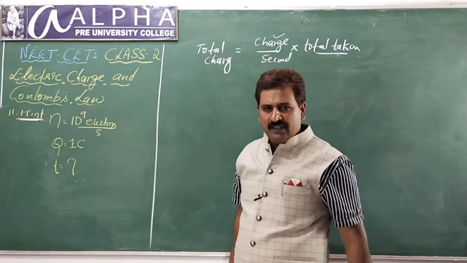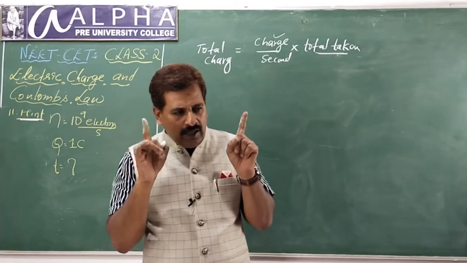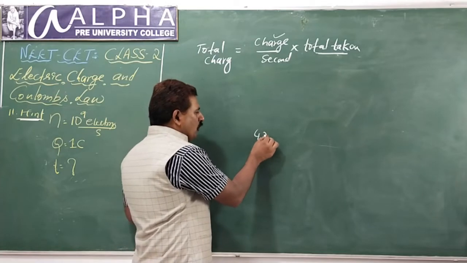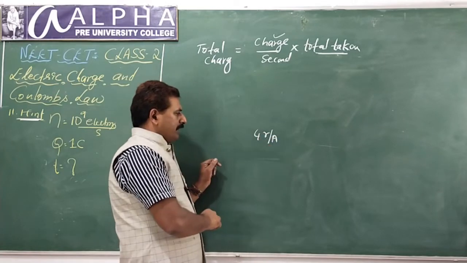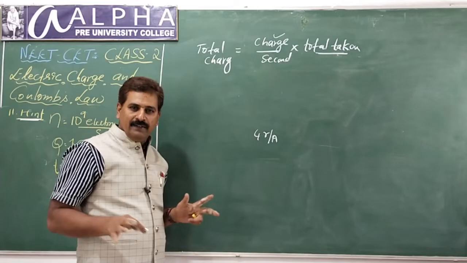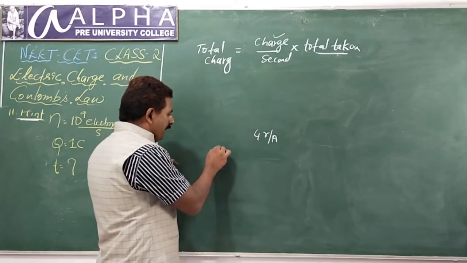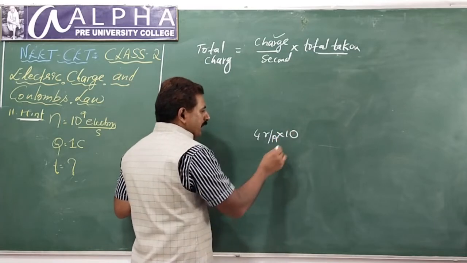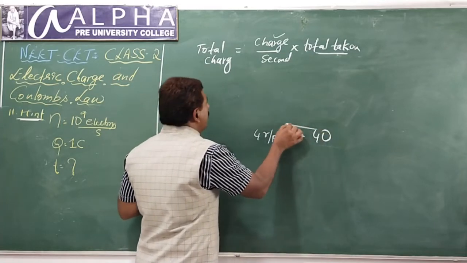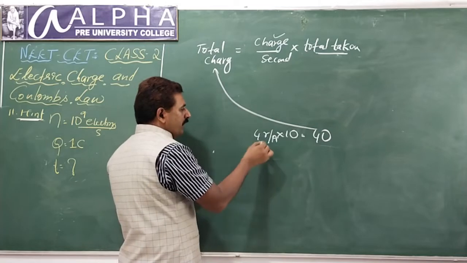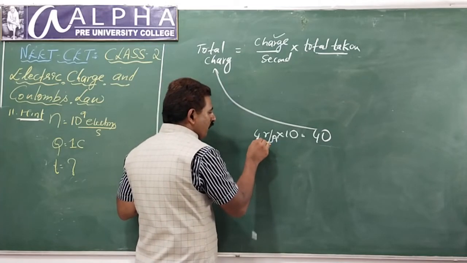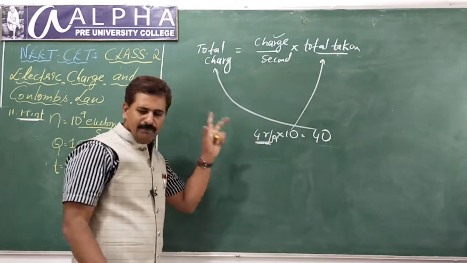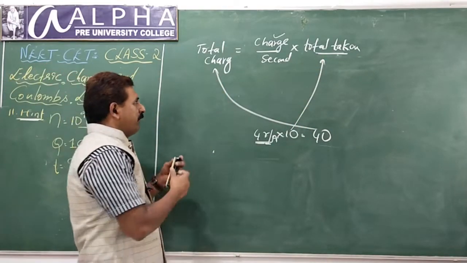A simple logic is as simple as 1 apple costs 4 rupees. Look here, 1 apple, 4 rupees, 4 rupees per apple. Then what is the total value of 10 apples? You have to multiply into 10, then it becomes 40. What is 40? Total. How do you get it? For every apple 4 rupees, into the total number. The total number here is the total time. A simple logic. That's what I told you in the beginning.